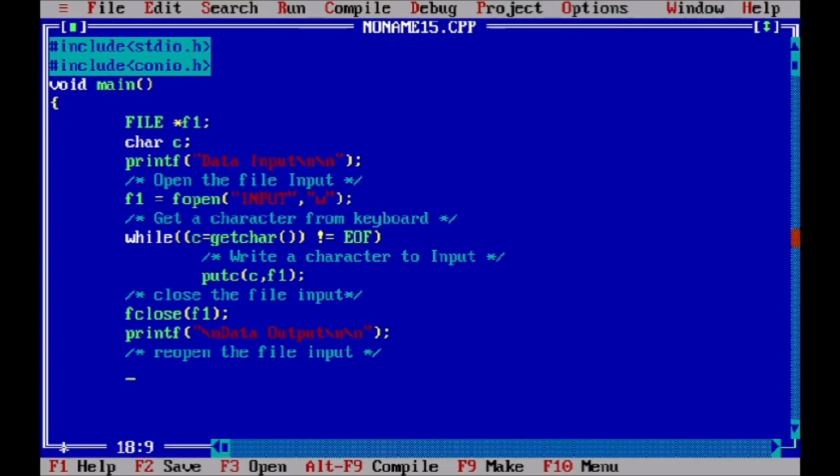To open the file again we use the same function, fopen.